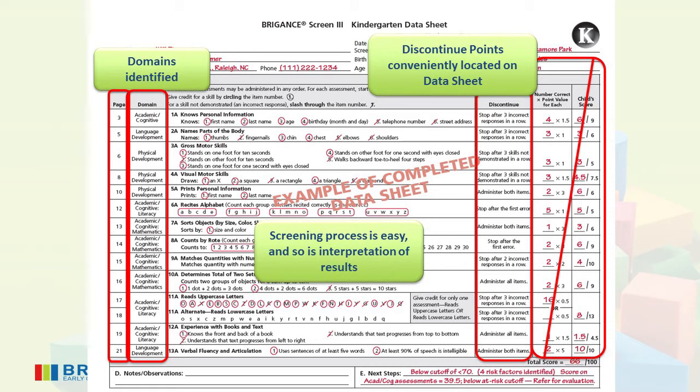The screening process is easy, and so is the interpretation of the data. You'll see that you're circling answers that the students have gotten correct and putting a slash through answers that the student has gotten wrong. The discontinue points are listed right on this sheet, so you have them as a handy reference as you're giving